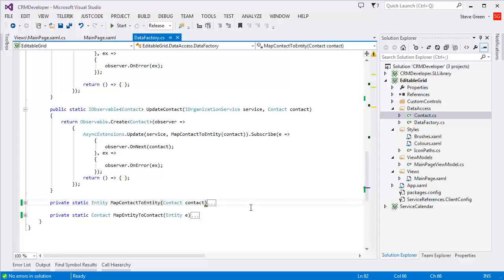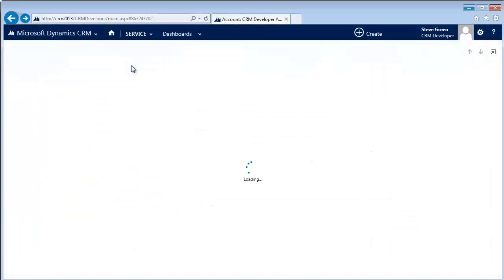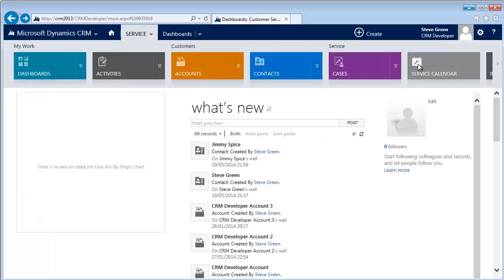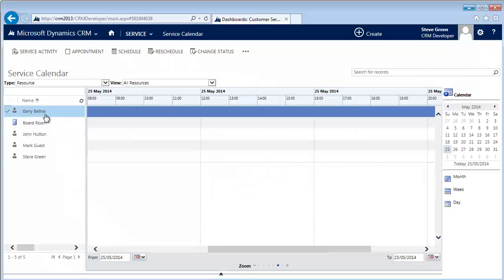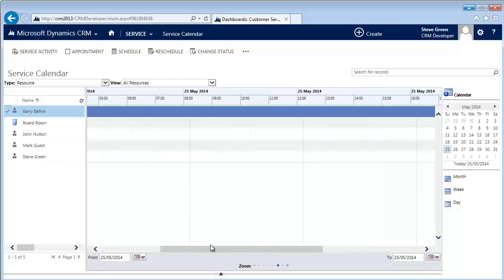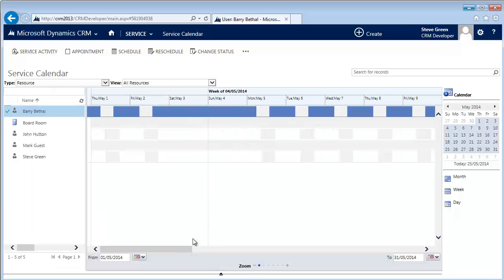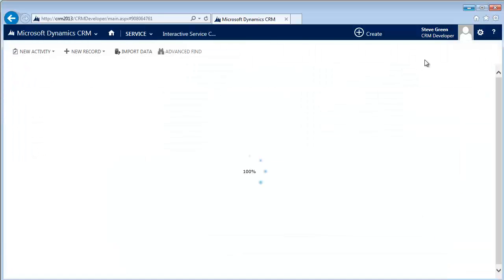I just wanted to show you something I've been working on of late, which is this service calendar, which I've put up on my website, the crmdeveloper.co.uk sort of shop. So in service, you've got the standard, which you're all probably familiar with, the standard service calendar with your resources and your individuals, and so you can go back and view appointments, but you can't do a great deal with them other than just double click them to open them. So I've been working on a version of my own, which is this interactive service calendar,